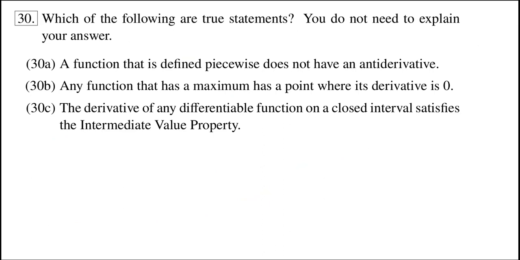The first one says we have a function which is defined piecewise, and we claim that because it's defined piecewise, it does not have an antiderivative. And of course, what this is trying to invoke in your mind is the contrapositive form of Darboux's theorem. Darboux's theorem says that if you have a differentiable function, then its derivative satisfies the intermediate value property. All right, so if I know I have the derivative of a function, then I have to hit every line going across. It doesn't have to be a continuous function, but it does have to satisfy the intermediate value